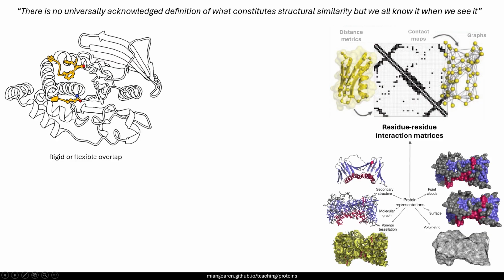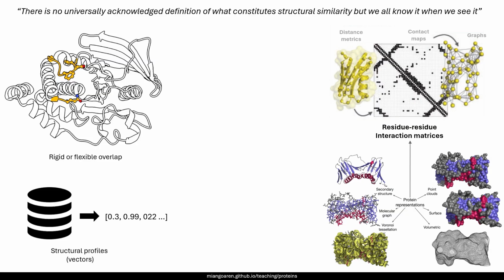representations of this structure, which can be point clouds of atoms, one dot for each residue, consider only what the surface of the protein is, consider it now in volumetric terms, consider it now from a geometric perspective that is known as Voronoi tessellations, precisely construct a protein graph as we already explored, or only consider its secondary structure elements. Here, as you can see, there are multiple representations for the same object, which is also important to consider when